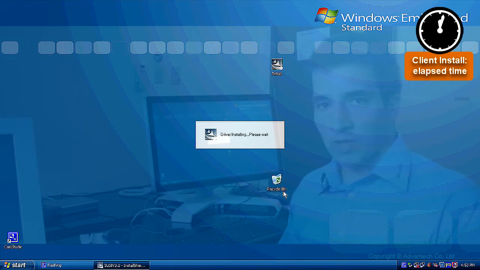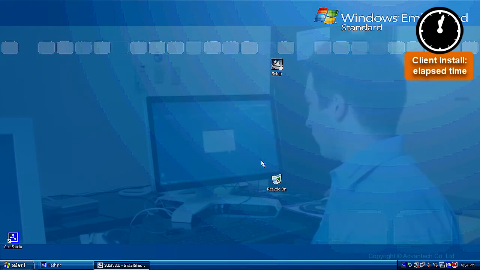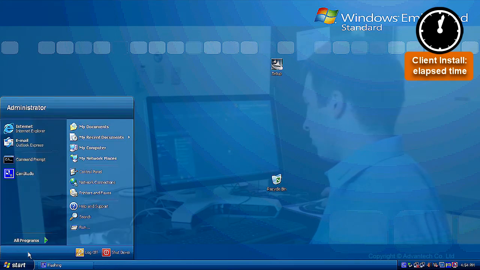Susi will also automatically install the .NET Framework if it is not available on your system, so you don't have to care about this requirement anymore. If you have already installed the .NET Framework, it's also not a problem. Susi will not touch your installation if it is already done. It asks you if you want to restart now. No, we don't want to restart, but we want to check if Susi is working, so we are going to